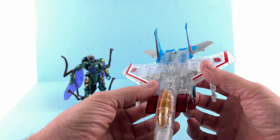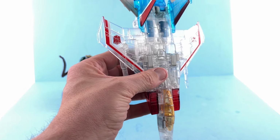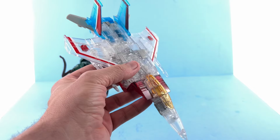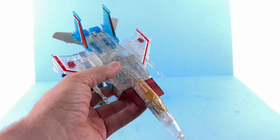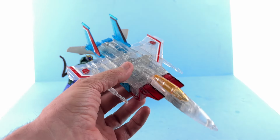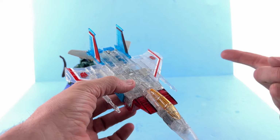Very, very cool. Like I said, I do have concerns over time with this yellowing. Whether or not that is the case, only time's going to tell. But obviously, I didn't want to wait that long for it. Hopefully, they're getting things going with discoloration, especially since we've recently seen that they're going to be re-releasing the Leader Class Soundwave, which is basically just a Voyager figure, but with all of his cassettes. Well, minus Laserbeak, they're giving us Buzzsaw instead. But that one had heavy discoloration in the gray plastic. Around that time, Shockwave,